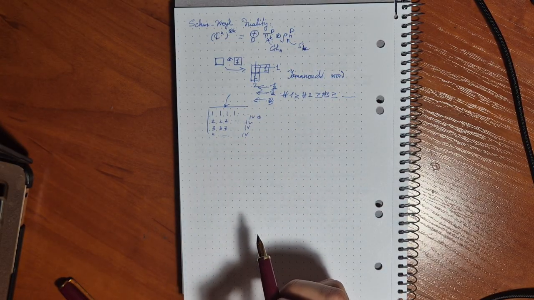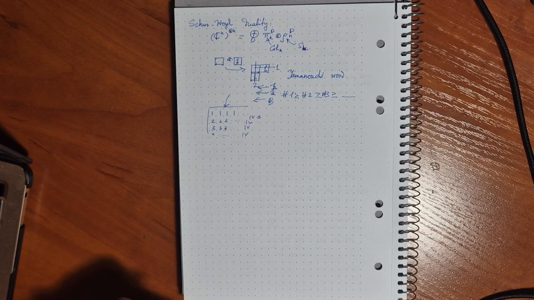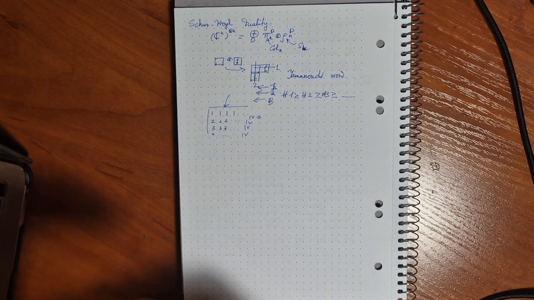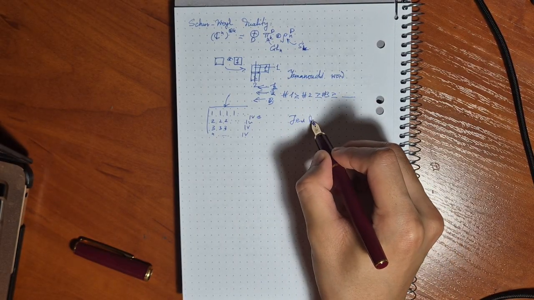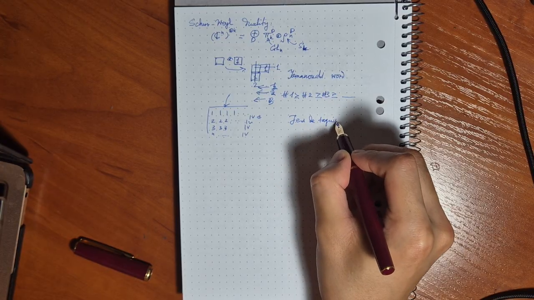I don't fully grasp the reasoning behind it. For example, I think I read in Fulton's book on Young tableaux that there are several possible rectifications. For standard tableaux, I think it's unique, by Schützenberger, I don't know how to pronounce it, something like that. This is the algorithm of rectifying the skew tableau.